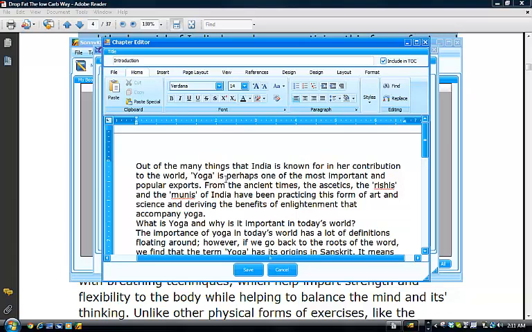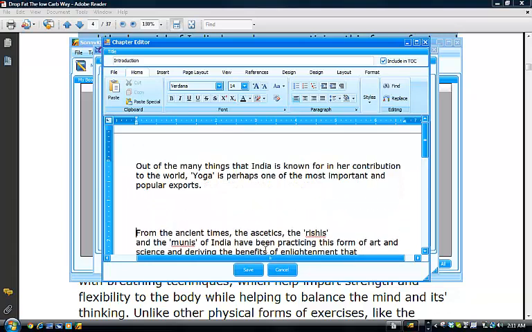This is the copy and paste, and this is how I go about rewording the PLR content. So this is the first sentence, and I'm just going to click that down so I can change the words. So the first sentence says, out of the many things that India is known for in her contribution to the world, yoga is perhaps one of the most important and popular exports. So how can we reword this? Let's say